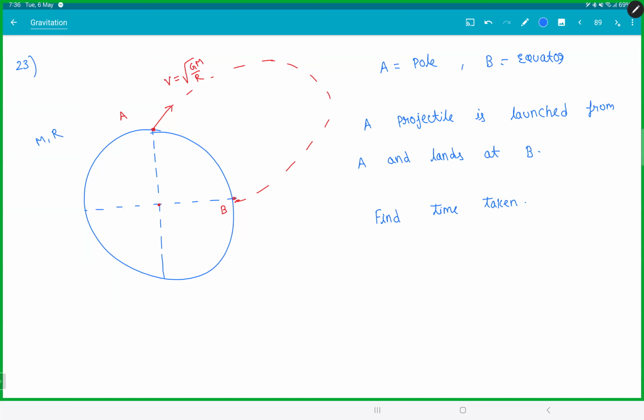Elliptical orbits, I can't integrate. I know I can conserve angular momentum, I can conserve energy and all. Great. I know this goes in an elliptical orbit and you're asking for time taken. So now think about it. Elliptical orbit, time taken. The only time you studied about elliptical orbit and time taken